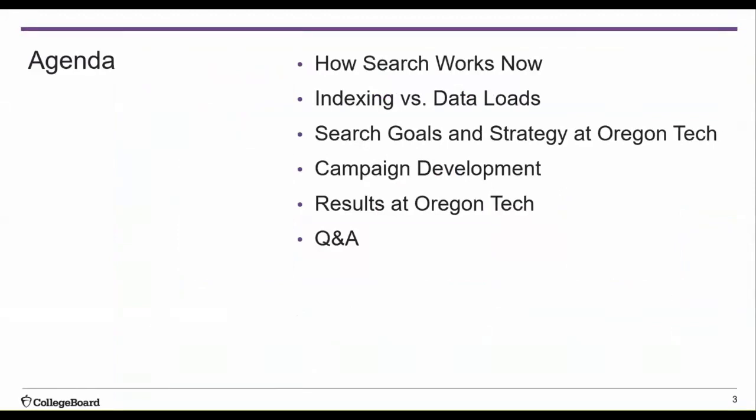Before we turn it over to Eric, Mark and I are going to set the stage with a quick review of how search works. We'll then hand it off to Eric, who will walk you through his process at Oregon Tech. First, with an overview of his goals and strategic priorities, then the approach he takes to identifying and licensing every student in search who meets his criteria as they become available using standing orders. Successful search is not just about licensing effectively, even though that's a really big part of it, but it's also about what you do next.